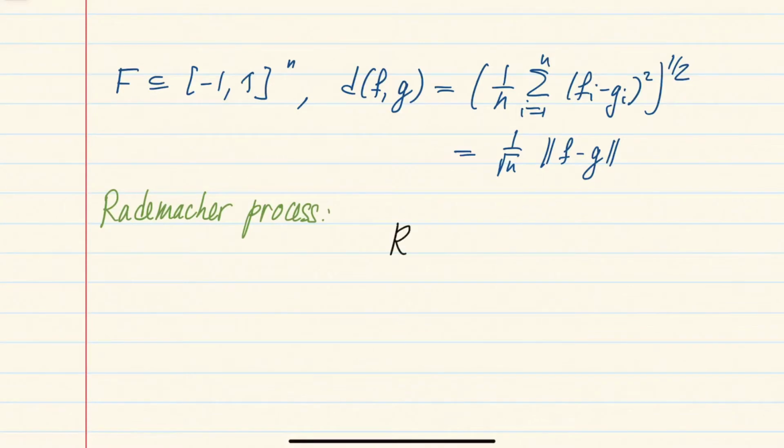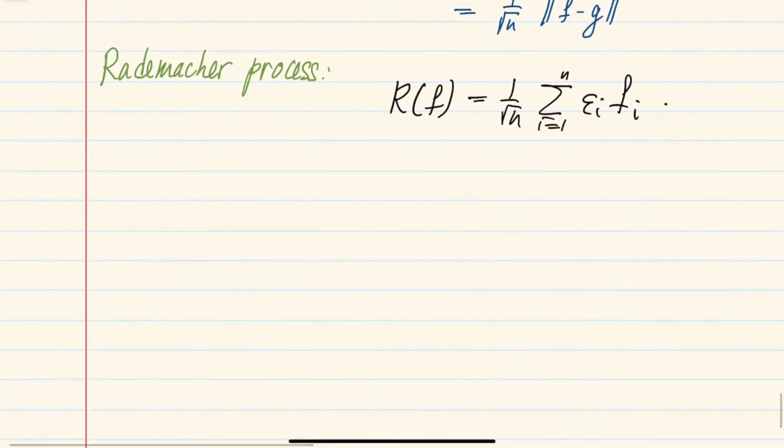It's a function indexed by f, given by 1 over square root of n, the sum from 1 to n, of these Rademacher random signs epsilon_i times f_i. So it's exactly what we have seen above, with the right scaling by square root of n. And then within this setting, for a subset of a cube with this particular rescaled Euclidean distance and this Rademacher process, we will prove the following theorem, which is called Kolmogorov's chaining lemma,